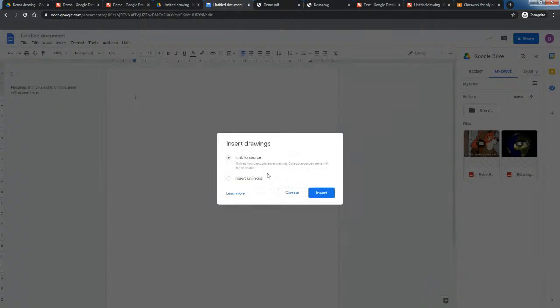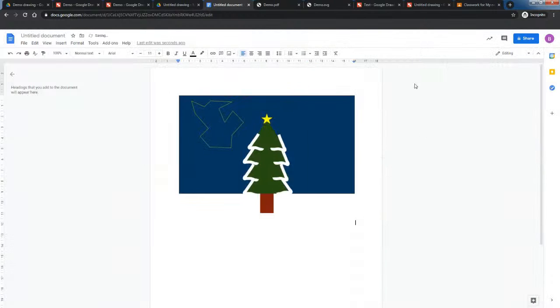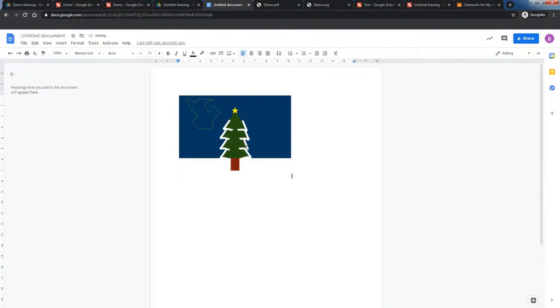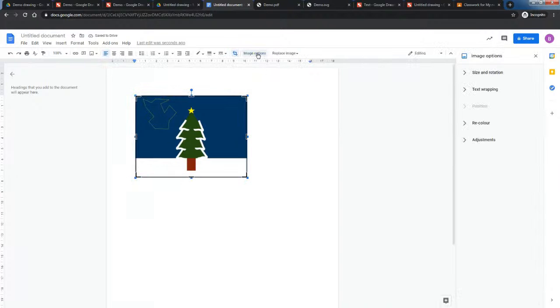And then I've got there the Christmas tree. And I can either link it to the source or I can insert unlinked as a copy. So I'll insert that one unlinked. And then I can handle that just as I would a normal image in a document. If I wanted to go and edit it, if I double click on it,